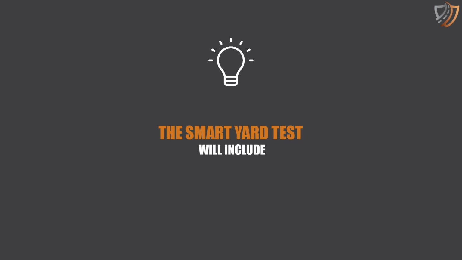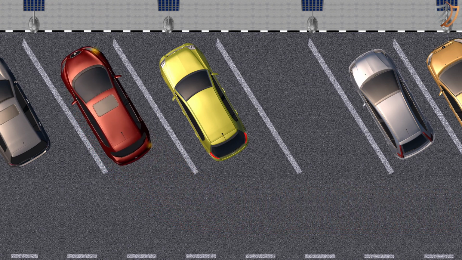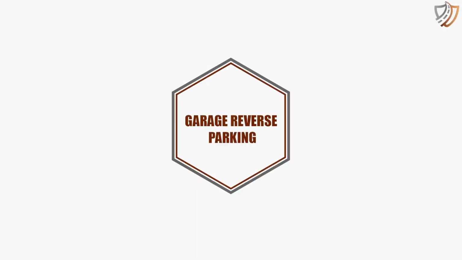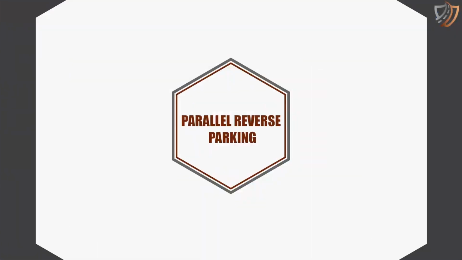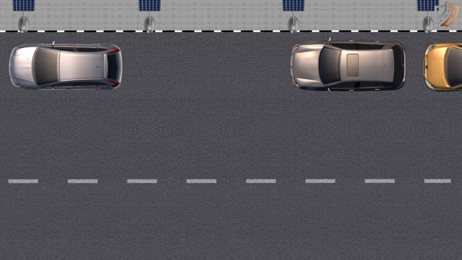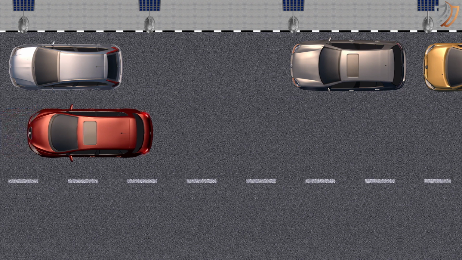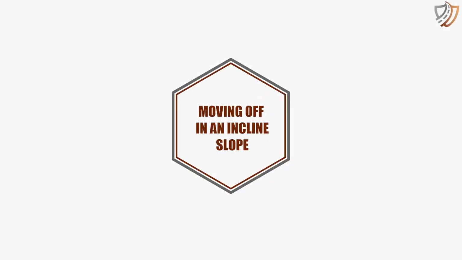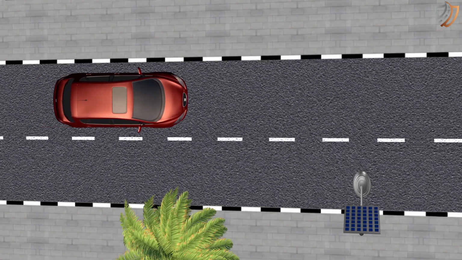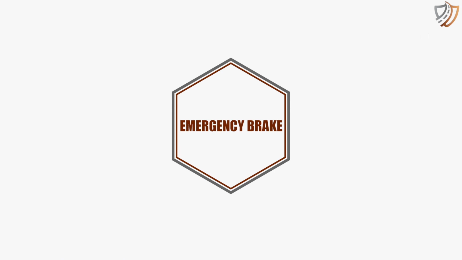The Smart Yard Test will include 60-degree angle parking, garage reverse parking, parallel reverse parking, moving off an incline, slope, emergency brake,